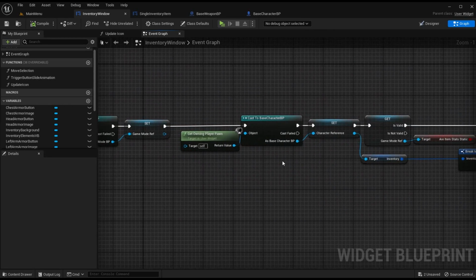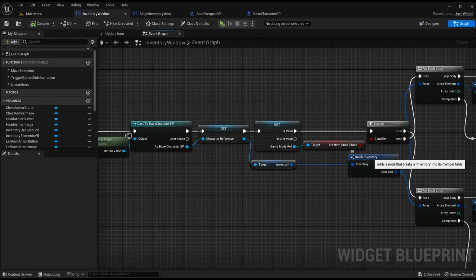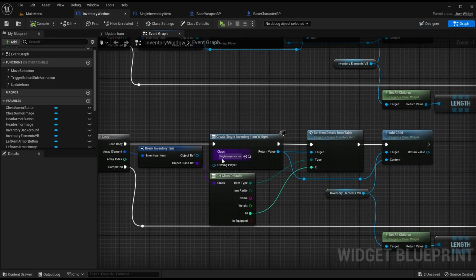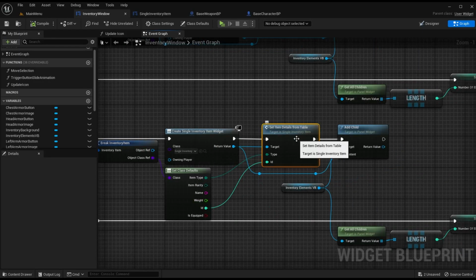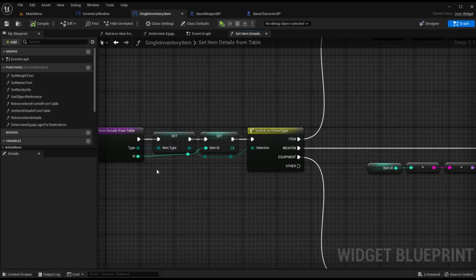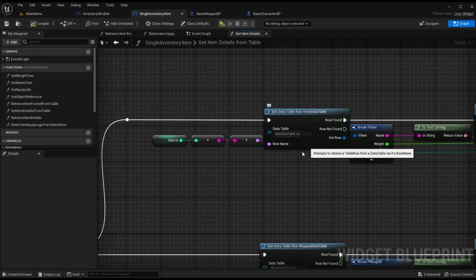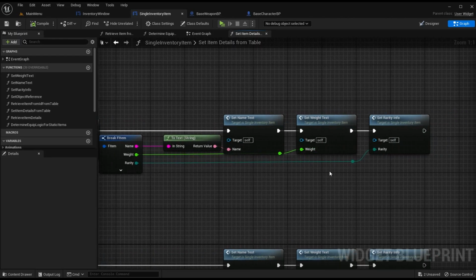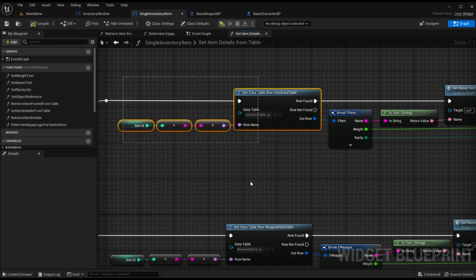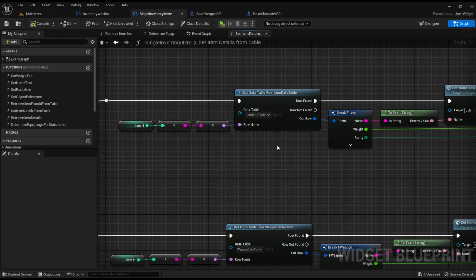On event construct, we go through all the items that we have in our inventory. We find the associated information and grab the defaults, put them into set item details from table, and in here we determine based on the type of item that it is to use the corresponding data table and then get the corresponding values. And in here you can see an example of how we get information from our different items